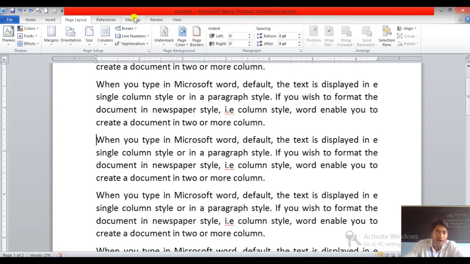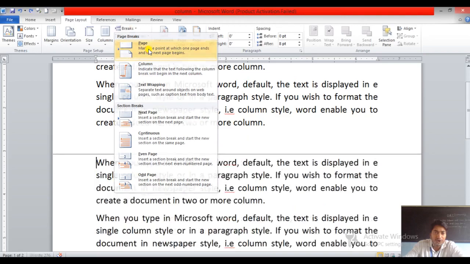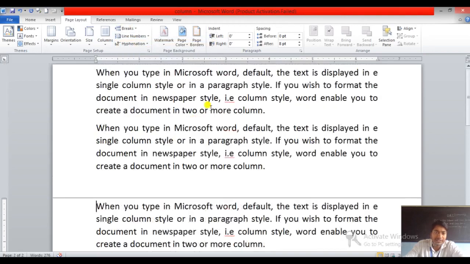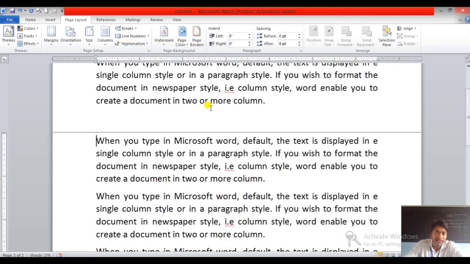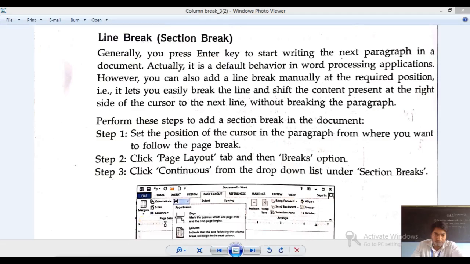Now under the page layout tab, click on break option, then select page option. You will notice the page distributed in two parts. As you can see on the screen, the page is distributed in two parts. This is how you can break the page. Understood?